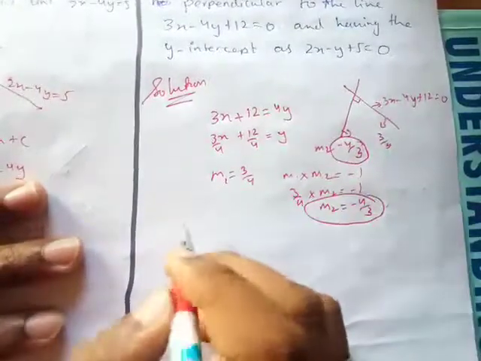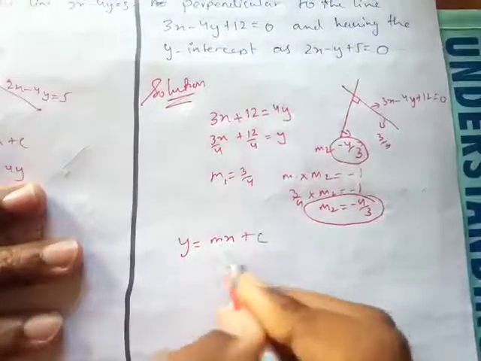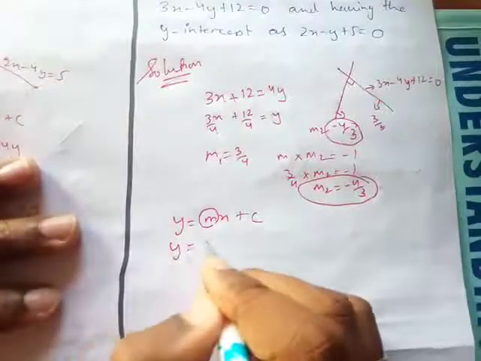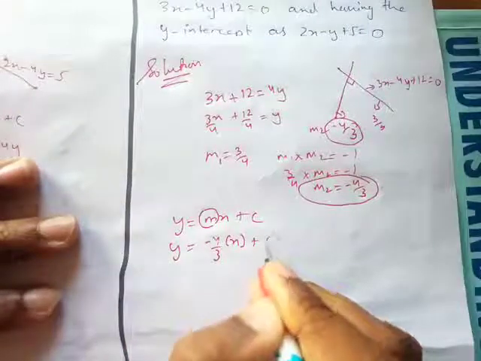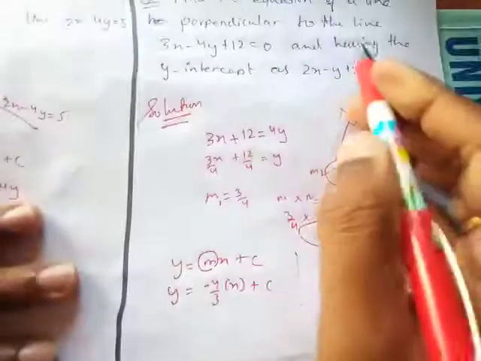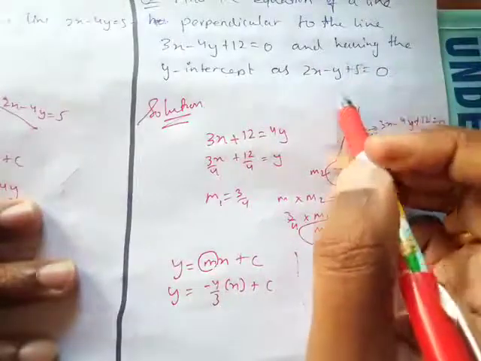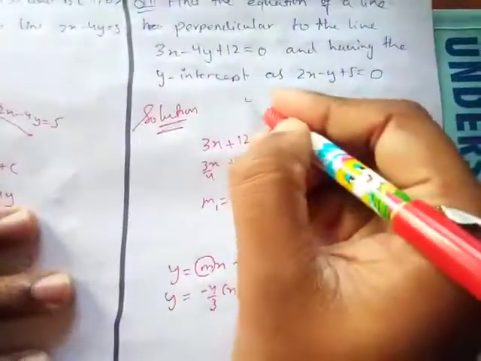Okay, so if I write the equation of this line, I write y equals mx plus c. So I have got the value of m. What is the value of m? The value of m is minus 4 over 3, x plus c. Now I have to find c. What did they say about c? Having the same y intercept. Whatever the y intercept of this line is, that is the y intercept of the other line too. So let's see what the y intercept of this is. This c, when we write the equation y equals mx plus c, is called the y intercept.